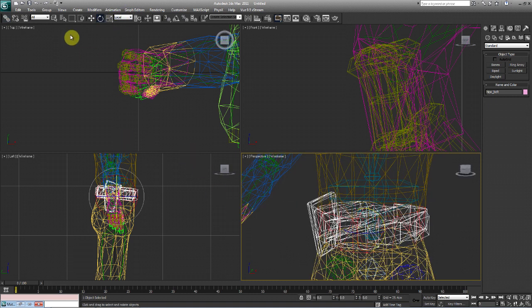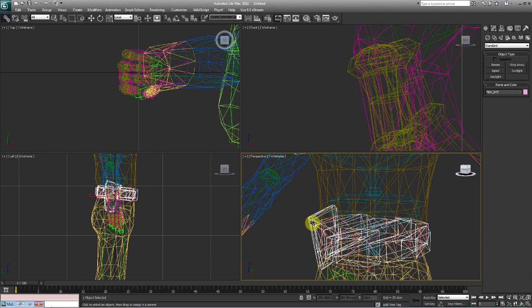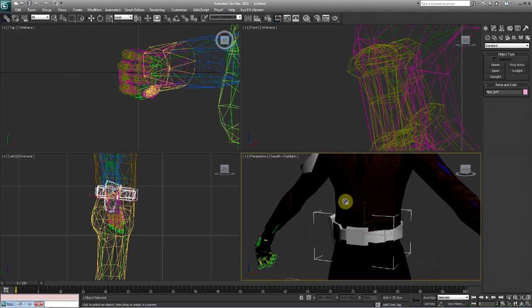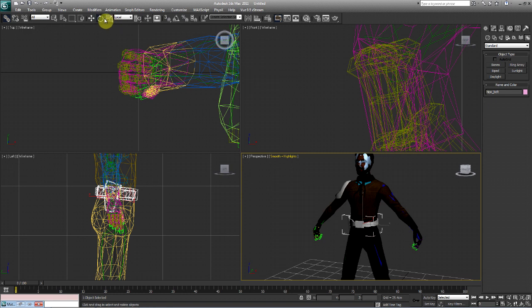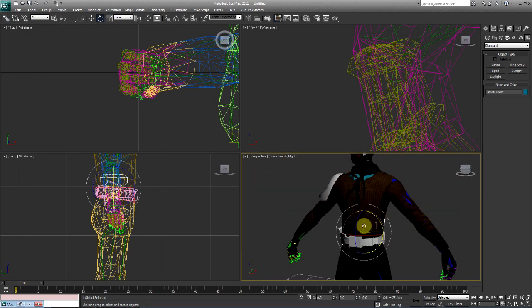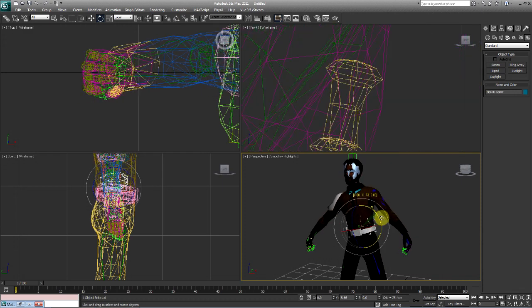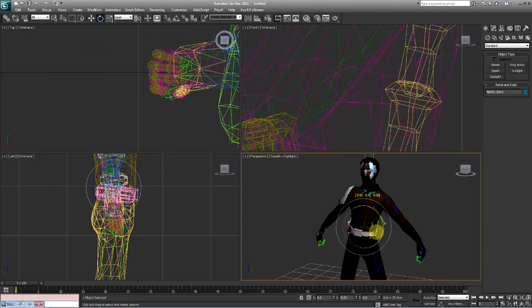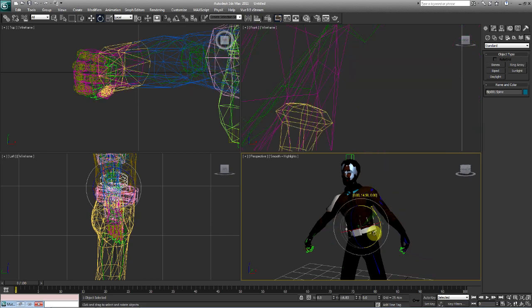We're just going to apply it to the spine, the very bottom spine, because if you are moving quite a bit of the waist or the spine, it's going to move. See, there we go. And that, my friends, is how you go about creating a rig.